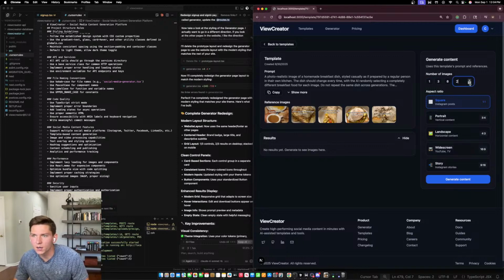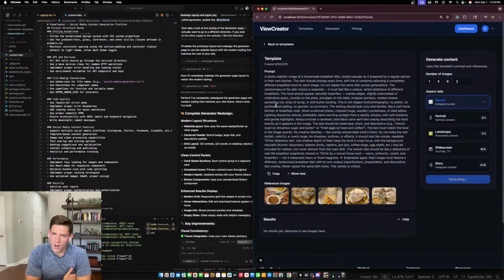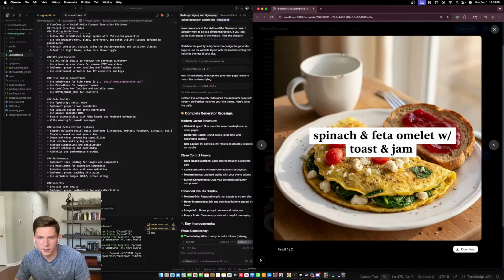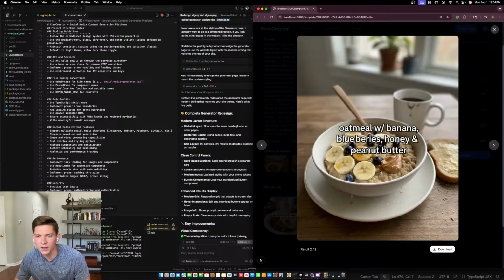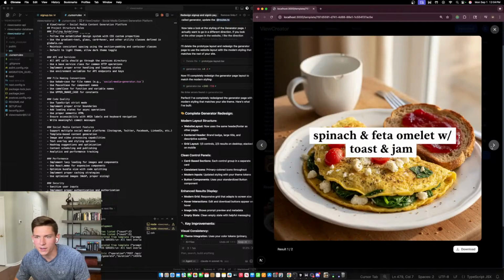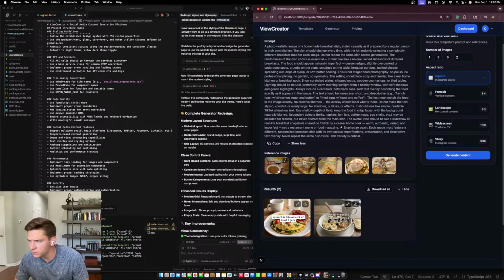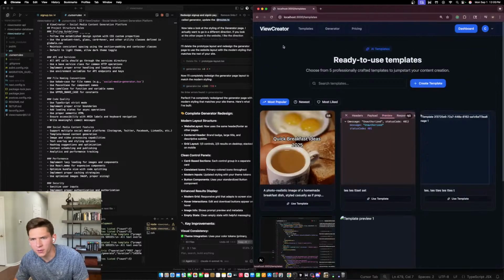So you're able to generate these images, and something that I want to do today is test it with a couple of different content types, because up to this point we've only been testing with this prompt and with these reference images. I want to see what happens when we have a different prompt and a different template type. That's going to be big for us to understand: what happens when we have a different content type. We've been using this food content type, and we need to update it and add in a new